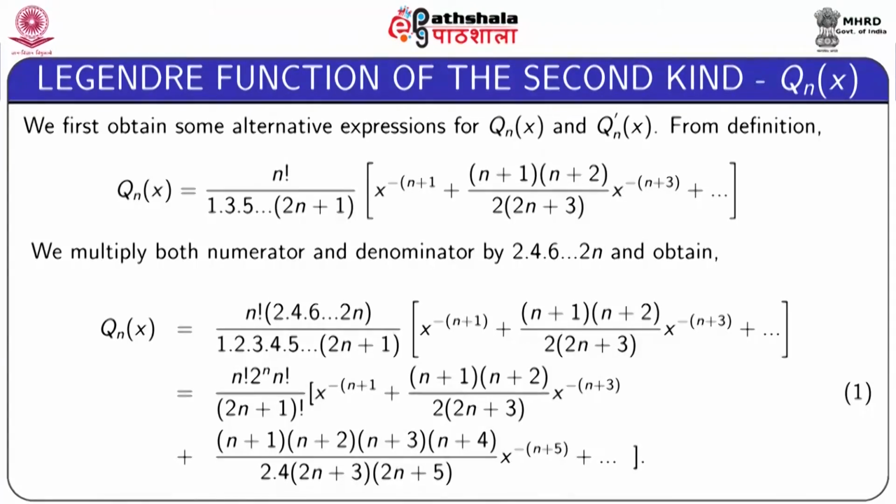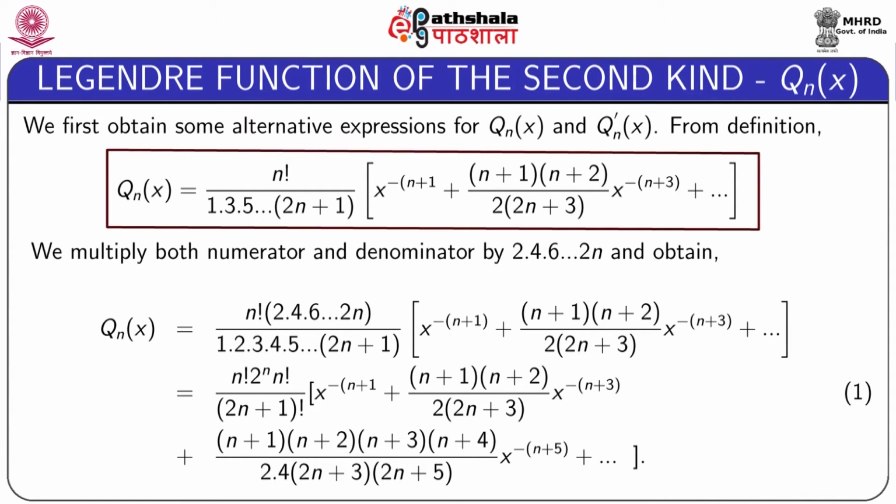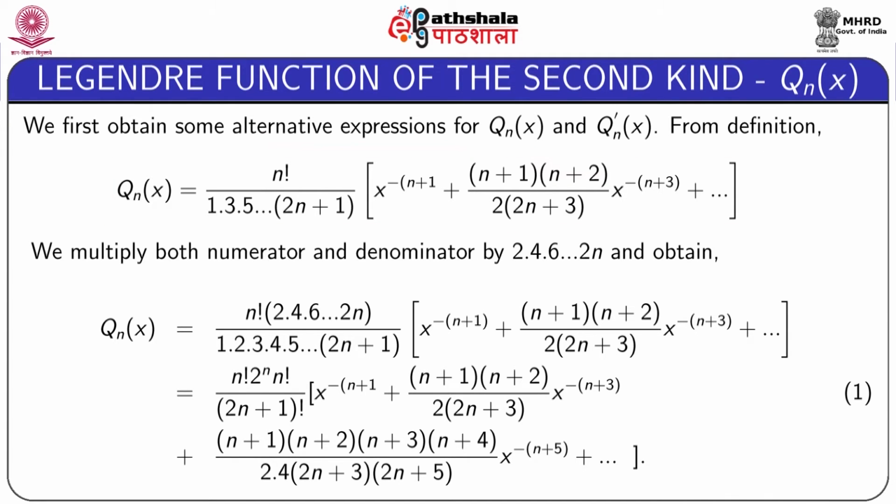Legendre's function of second kind is denoted by Qn(x). We first obtain some alternative expressions for Qn(x) and Qn'(x). From the definition, we get Qn(x) is equal to n factorial divided by 1.3.5...(2n+1) multiplied by x to the power minus (n+1) plus (n+1)(n+2) divided by 2(2n+3) x to the power minus (n+3) plus dot dot dot. We next multiply both numerator and denominator by